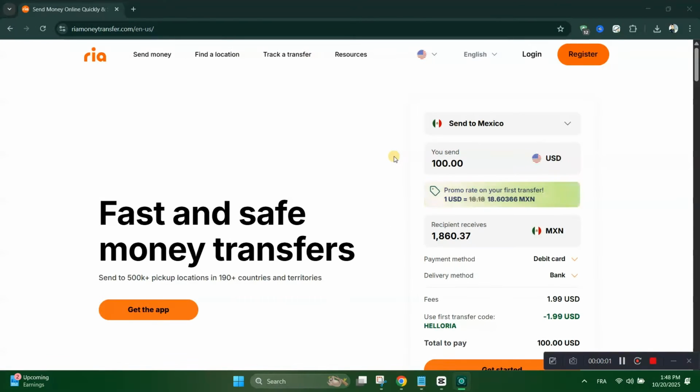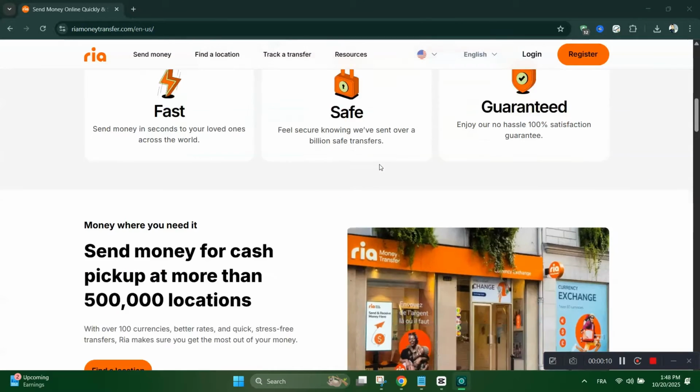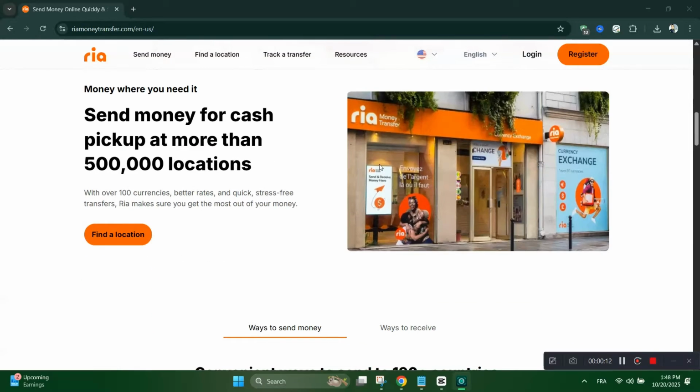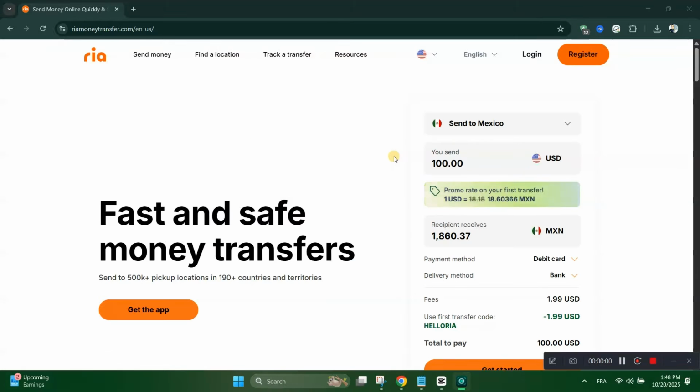If you're wondering how to send money from PayPal to someone using Ria Money Transfer, here's the truth. You can't send funds directly from PayPal to Ria. However, there's a simple workaround that makes it possible. You'll first move your PayPal balance to your linked bank account, and then use that same bank account to send